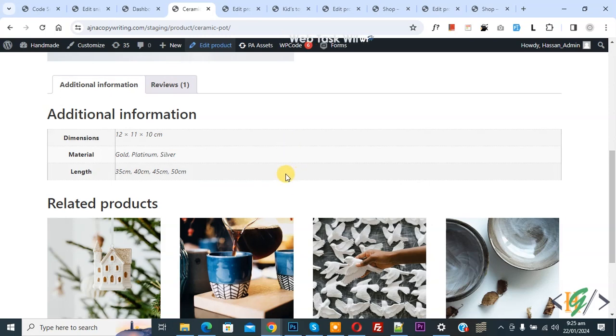Bismillahirrahmanirrahim. Assalamualaikum. My name is Hassan and today we are going to show dimension, parameter, length, width, height in WooCommerce